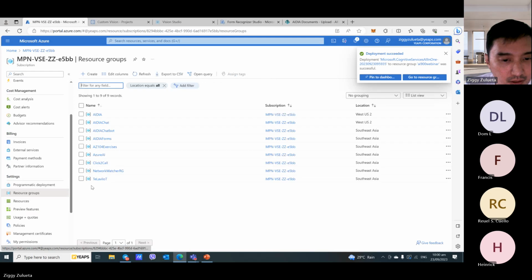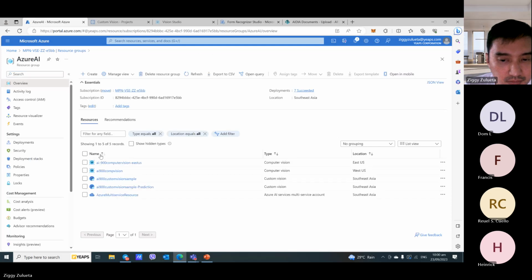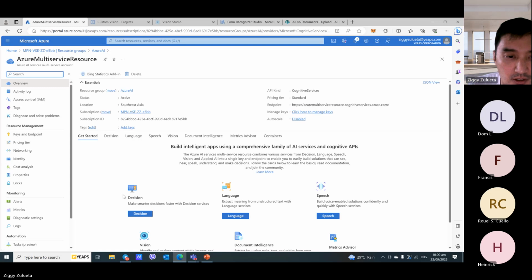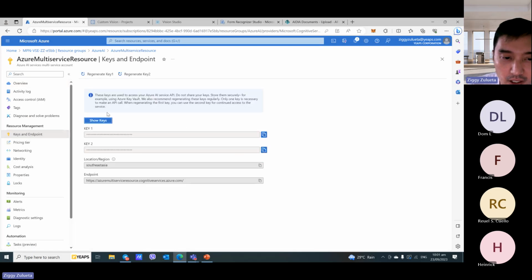Actually, I created a lot of resources for today's session, but you'll be getting something like this. Okay. So with this one, once you click on the multi-service resource, you'll see here in the left panel, keys and endpoint. So once you start creating your sessions or your testing or even your product, you need to use these. These are the way the key and the endpoint is to ensure